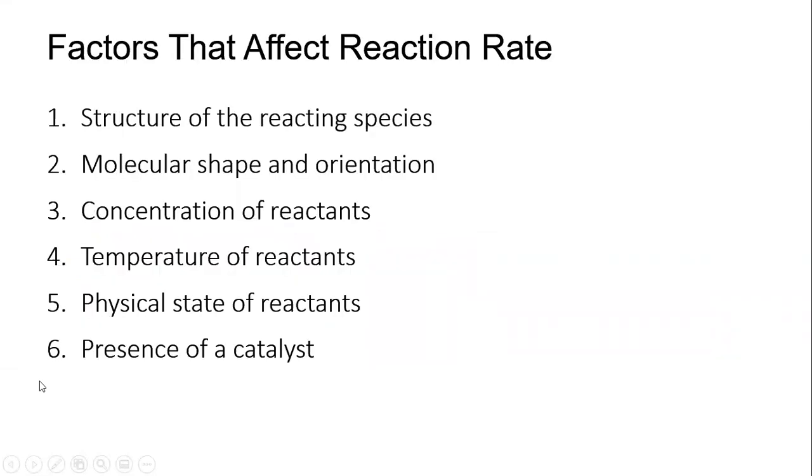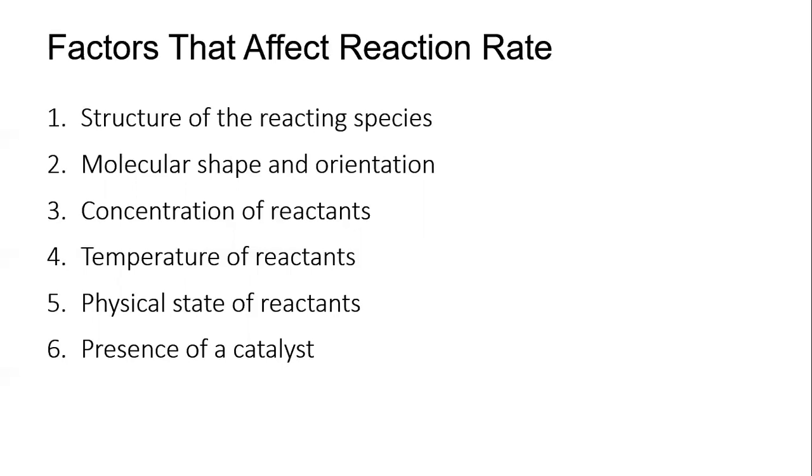So besides, we talked about temperature affecting the rate of reaction. There's also a few other things that can affect the rate of reaction, such as the structure of the reacting species, of course, the molecular shape and orientation, the concentration. So in this lab we're going to be changing the concentration of reactants and seeing how that will affect the rate of reaction. With temperature, we mentioned physical state